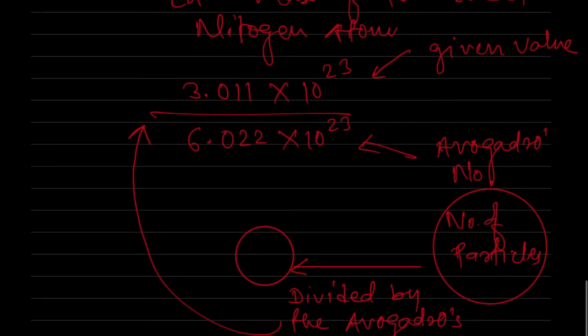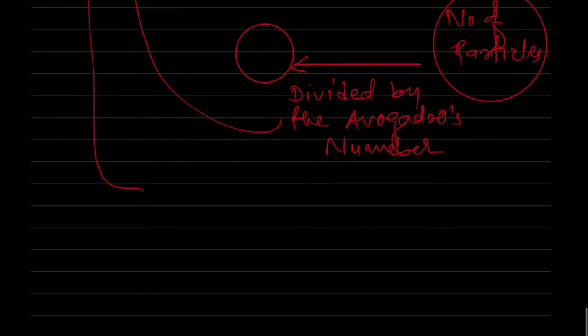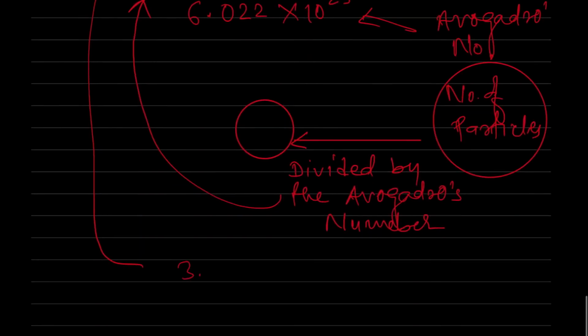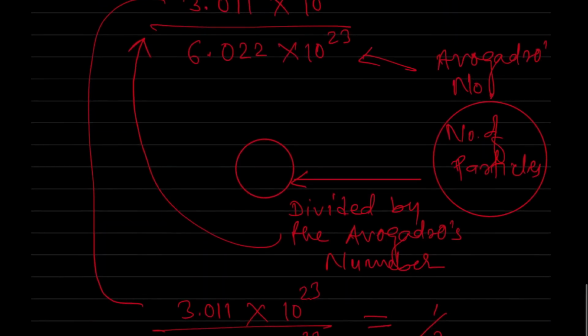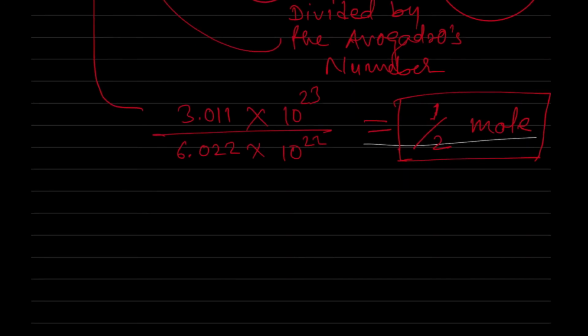Now what will be the solution of this? 3.011 into 10 to the power 23 divided by 6.022 into 10 to the power 23. If we get this solution, the answer will be half. So half mole is the value coming. The first step is completed. We have converted the number of particles into moles. So now we have half mole